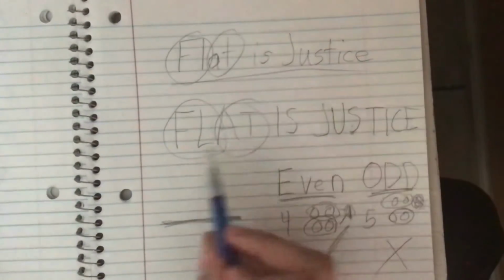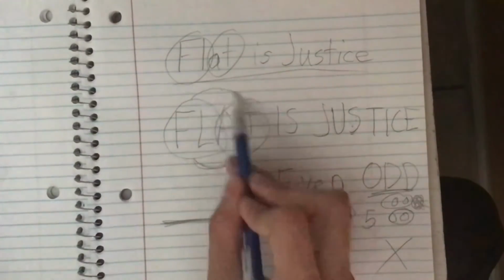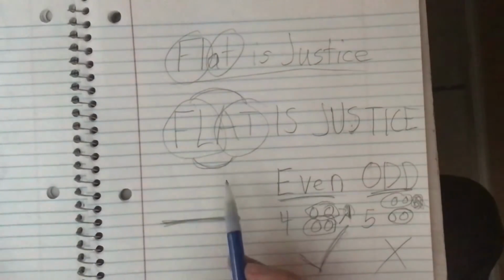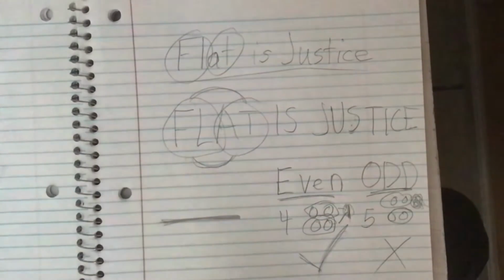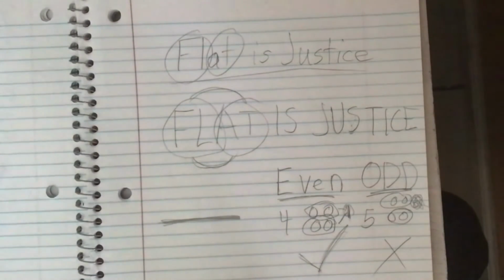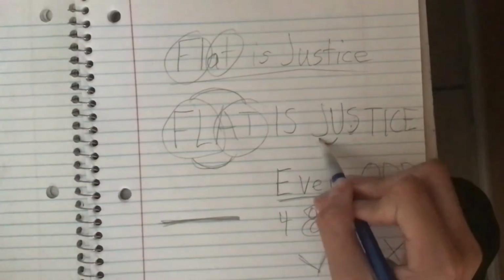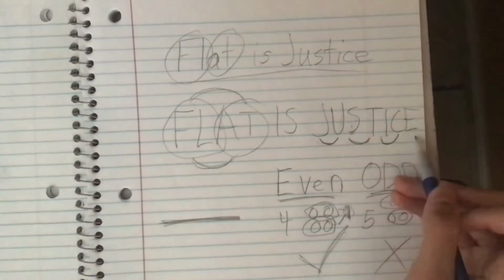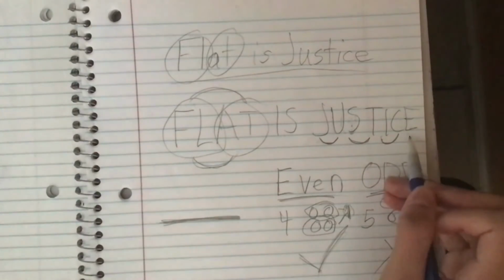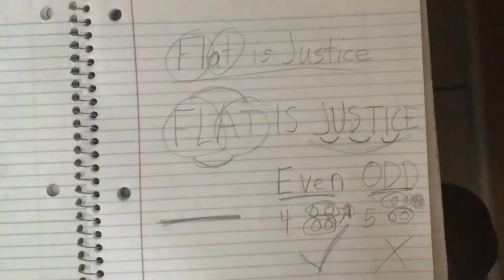So if we apply this to the term "flat is justice," let's split the word "flat" into pairs. The letters fit into pairs. The word is even, or in other terms, flat is justice. I may be contradicting myself, but let's keep going. If we take the term "justice" and we split the letters into pairs, E is left out. One word cannot be even. This means that justice is odd, therefore justice itself is not justice.